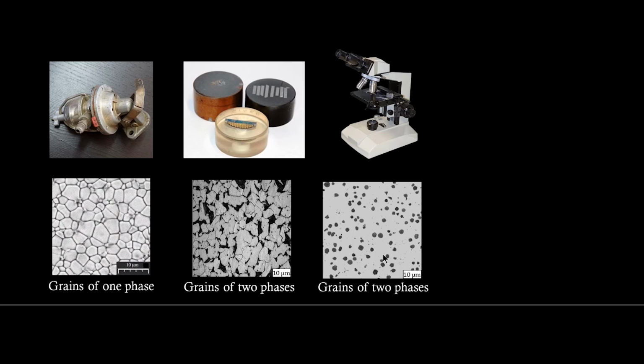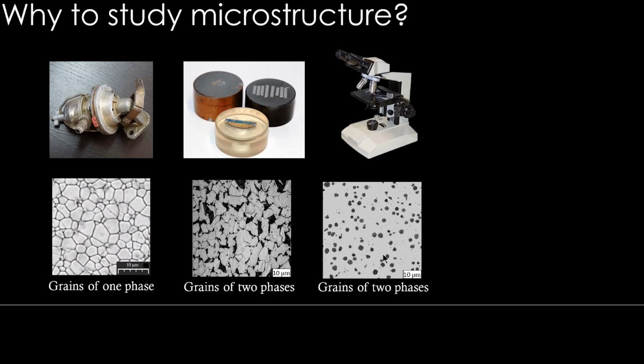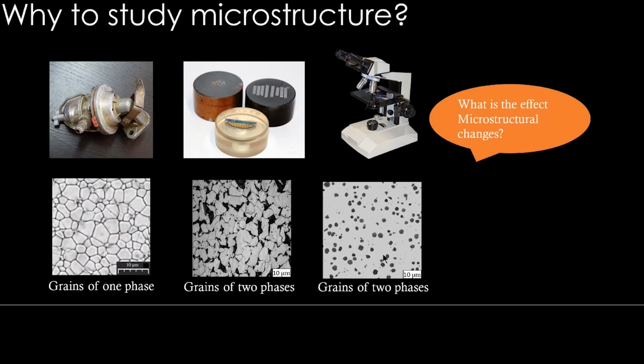So why study microstructure? What will all these differences bring? What is the effect of microstructural changes? They alter material properties. That is really important. Material properties are affected by microstructure. If you know how to control the microstructure, you can control the material properties. Materials engineers usually bother about achieving a good combination of properties for materials, let's say good strength and ductility together, things like that. In order to do that, one has to control the microstructure better.